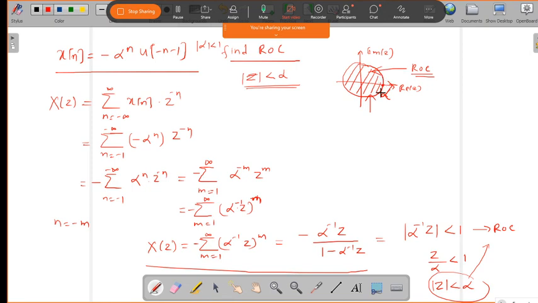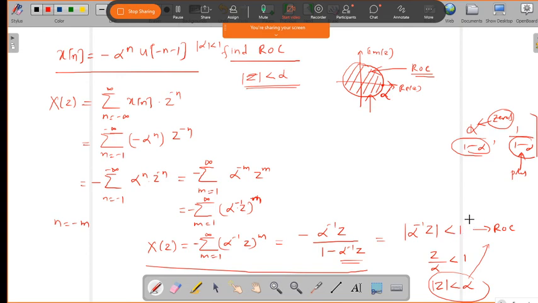Are you getting it? You always have to take the term in place of alpha, and that term decides the ROC. Whatever we get from the summation values, such as alpha by 1 minus alpha, wherever this pole exists, the denominator we call poles, and the numerator alpha we call zeros. So wherever poles exist, you have to take that alpha value and decide the ROC, the region of convergence, where exactly it will exist.